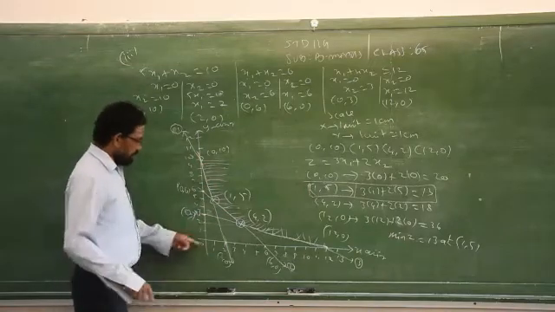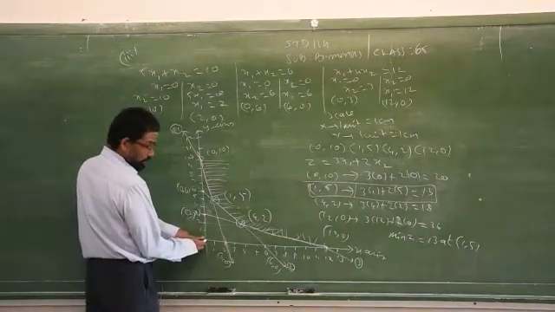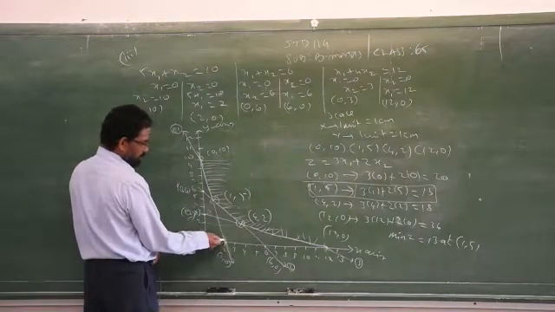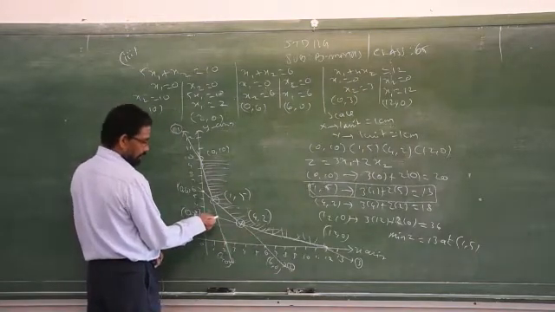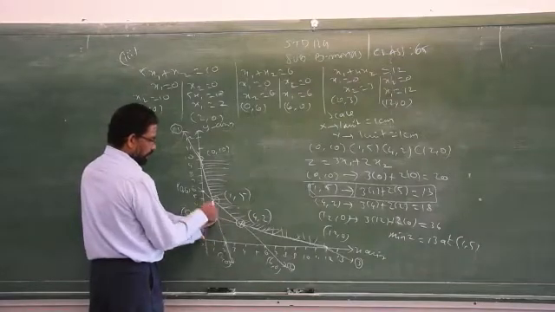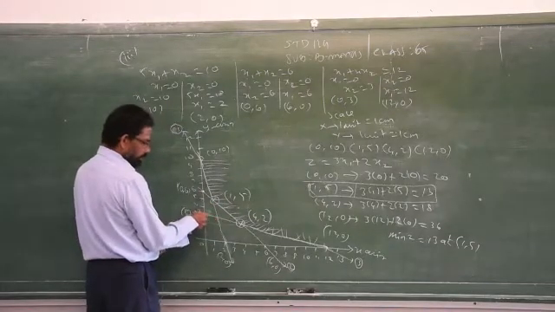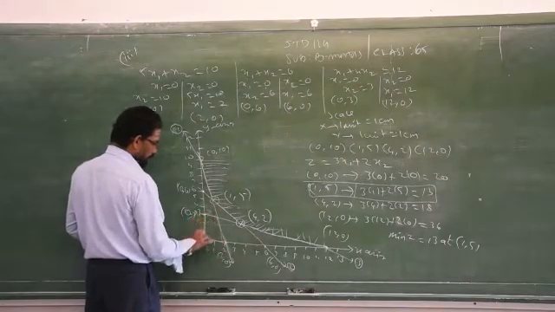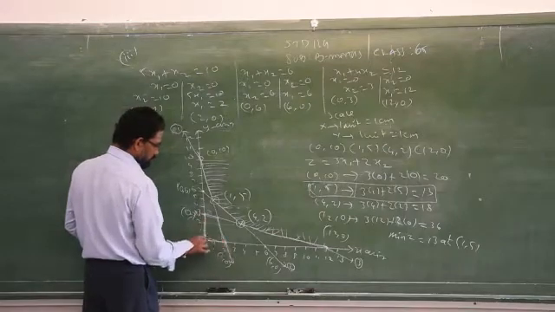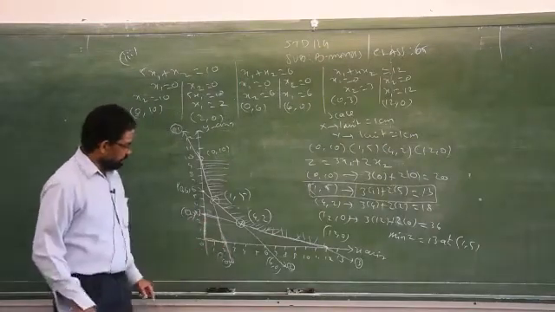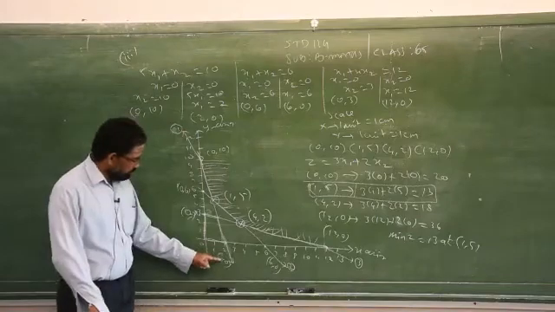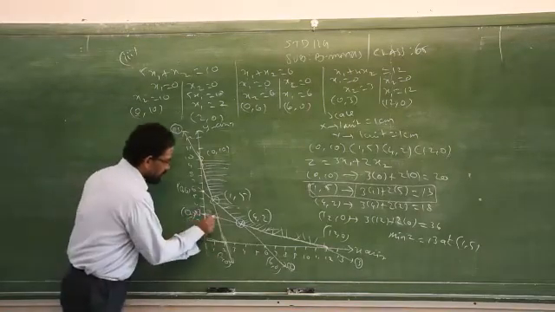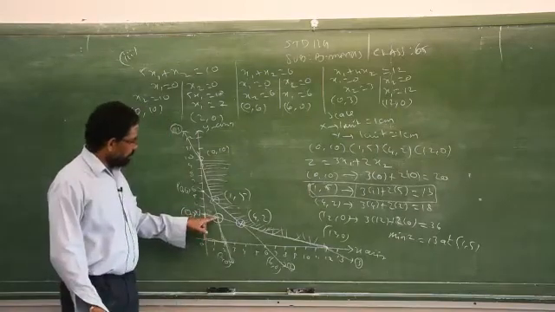For maximum, for the same problem, start from 0 onwards. Here at the intersecting points, don't go beyond that one. Please take this side. Again at the intersecting points, you should not go to the right side or up. Just come to this side, then close it. You have to close it for the same question. If it is the maximum, this is your feasible region. For this feasible region, this is 0, 0, this is 2, 0, this is 0, 3. Which one do I have to find out? This is the intersecting point. How to find out these intersecting points?